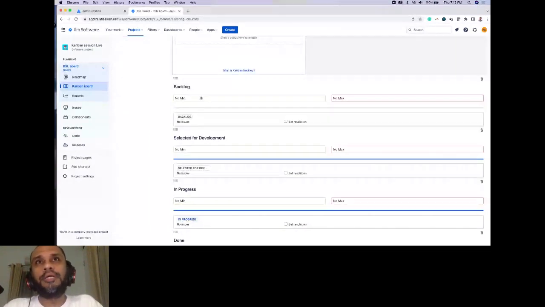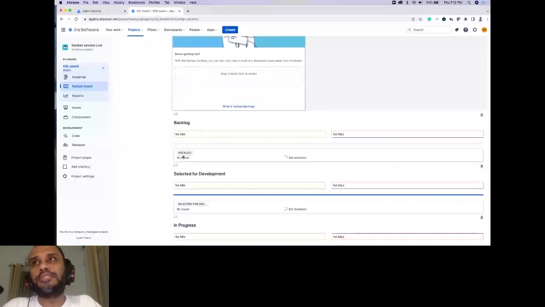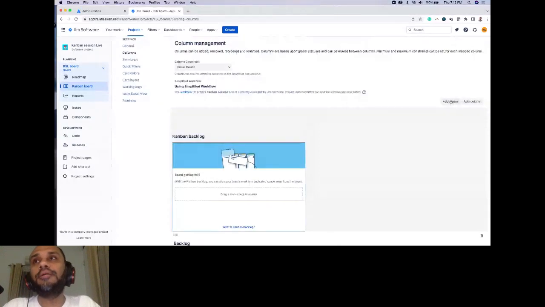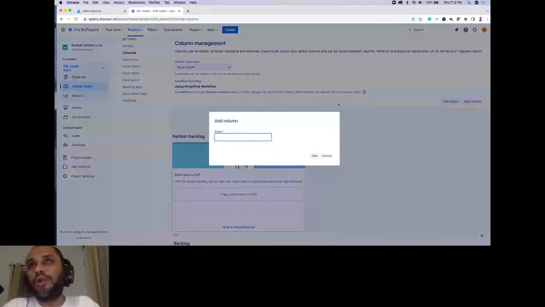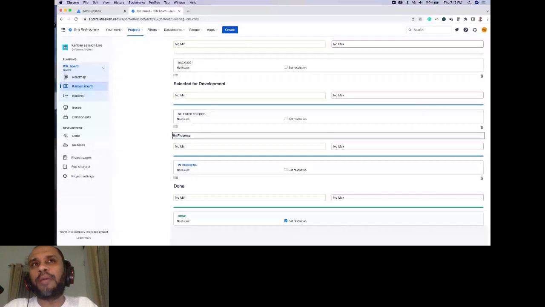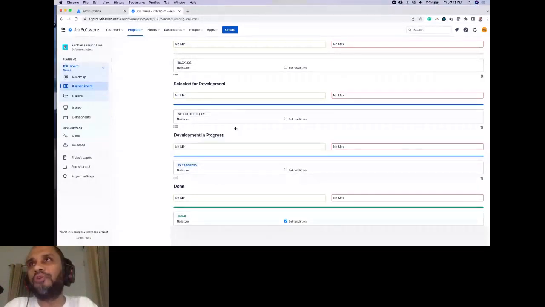At the moment, the view that I'm getting is this sort of a view. Let me add a column now. Now let's say I want a new status. Sorry, let's do a small change. We have selected for development, and I want to rename this. I'm not happy with just in progress. I want to show that development also can be in progress, so you can just rename it. Say I want to add a column: testing in progress.